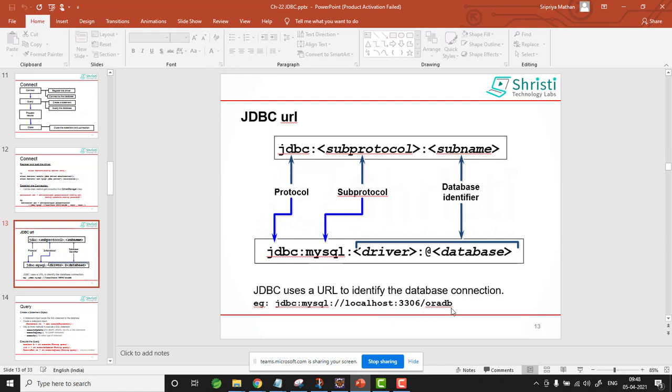In case of MySQL, you need to give the database. We created a database like training MySQL test, so you need to give the database name. But in case of Oracle, you cannot specify a database, you need to give the service name, that is, whether it is XE or ORCL. Now we need to identify that.